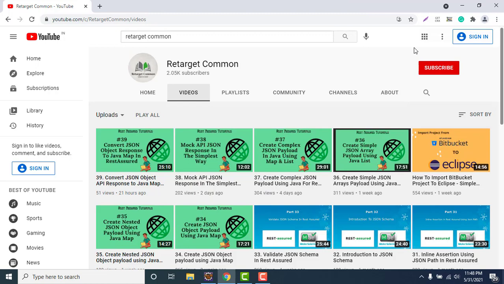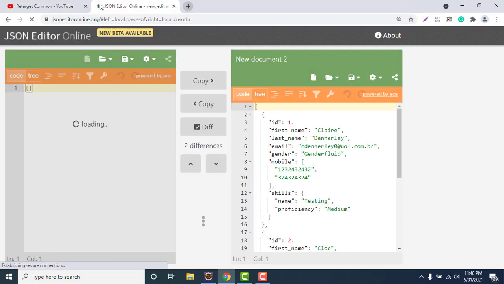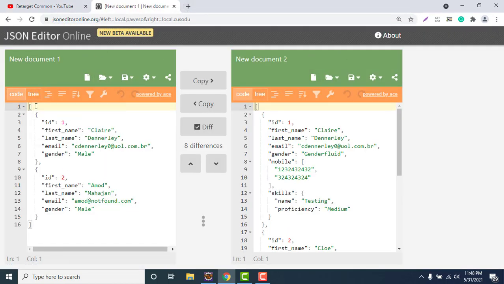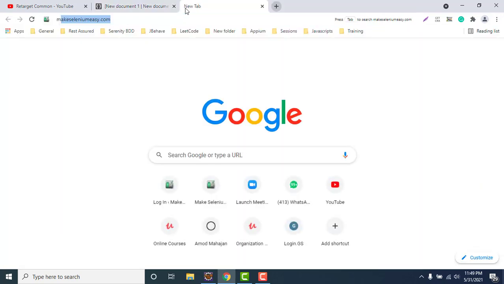Before that, let me go and mock the response. Let me open jsononlineeditor.org, and here I've already created one JSON array. So what is my requirement? I will create a mock service which will give me this particular response, which is a JSON array. We can see it has two JSON objects within an array. Let me copy it and go to Mocky,